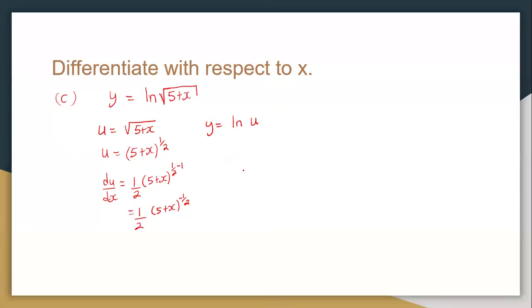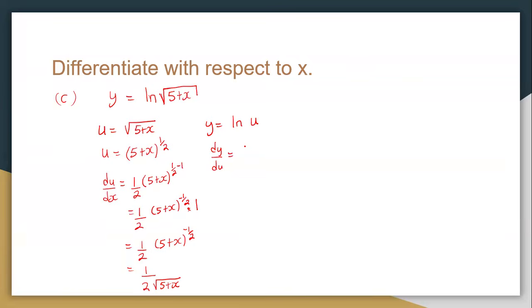Then we come and differentiate what is inside the brackets. We multiply that times 1. So we get the same thing. It can be written as 1 over 2 root 5 plus x. Okay, good. So for dy du,